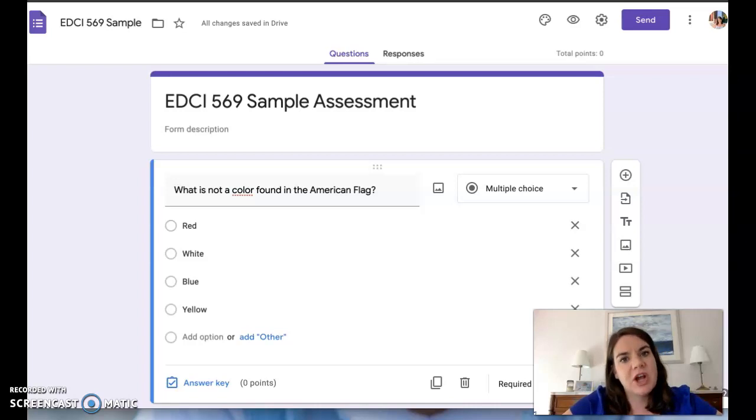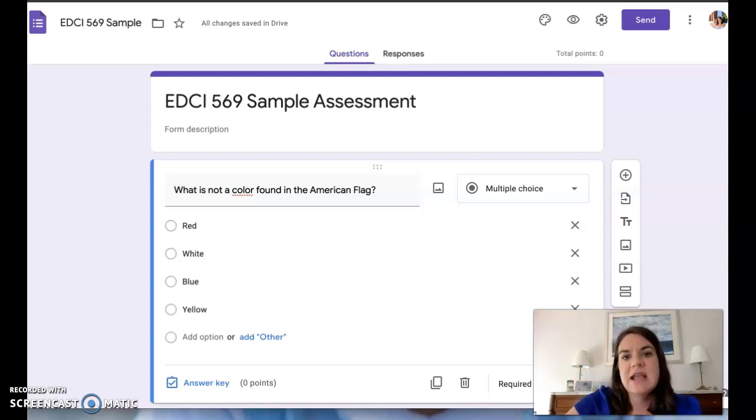The first one I'm going to talk about today is shuffling the answers. And the reason why shuffling the answers helps deter them is I've taught high school English for 7 years. I've seen all the cheating. And one of them is kids will oftentimes make a key and share it with their friends. And the key would maybe say something like 1 is A, 2 is B, so on and so forth. And this will help because it will shuffle the options up for them so they won't consistently have an A,